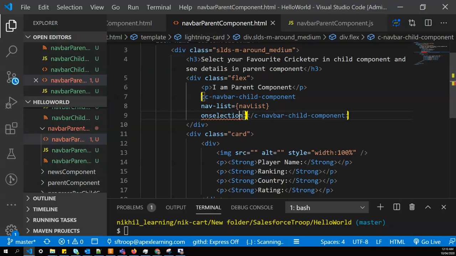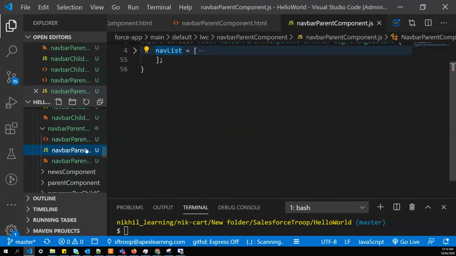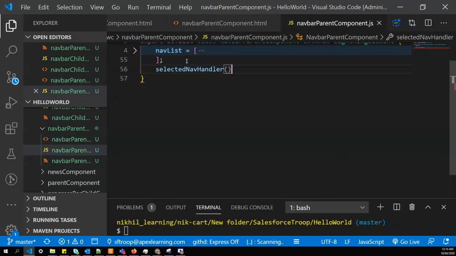So we have now on selection. Whenever any event is dispatched from the child, call selected nav handler, and we'll go here, we'll create a selected nav handler.